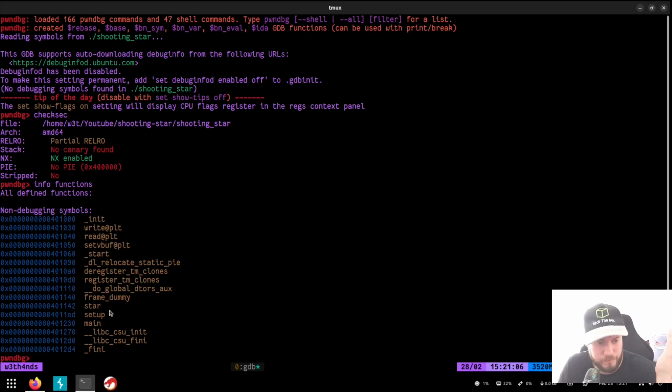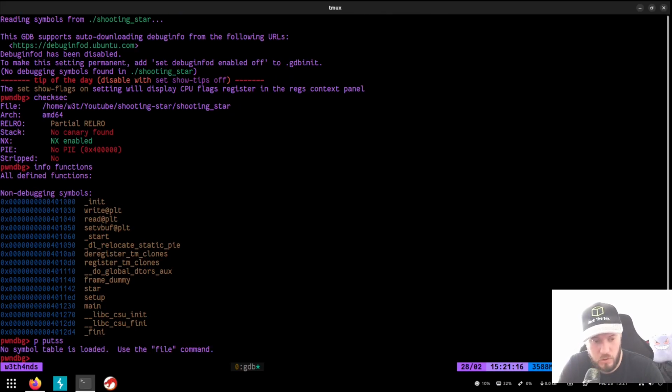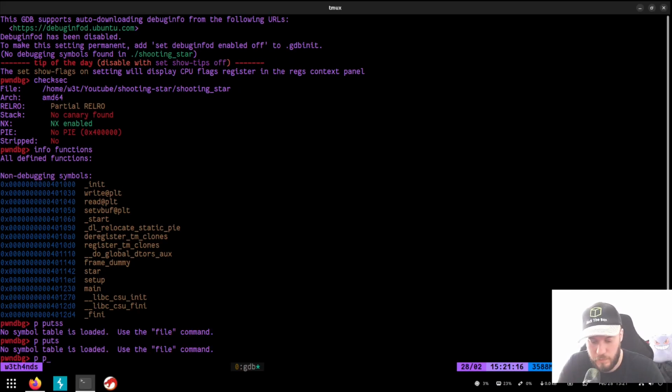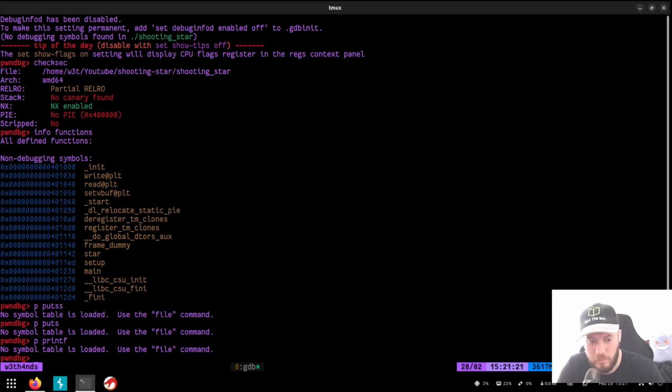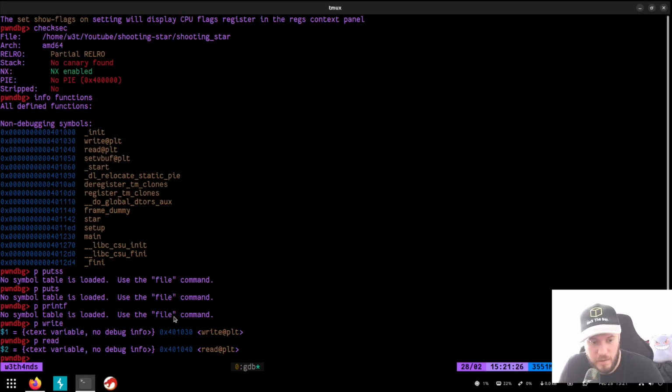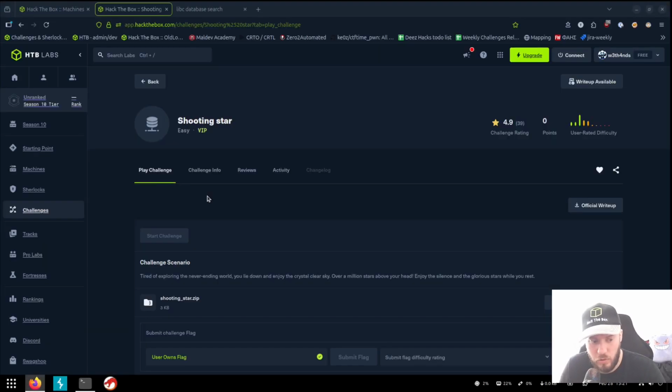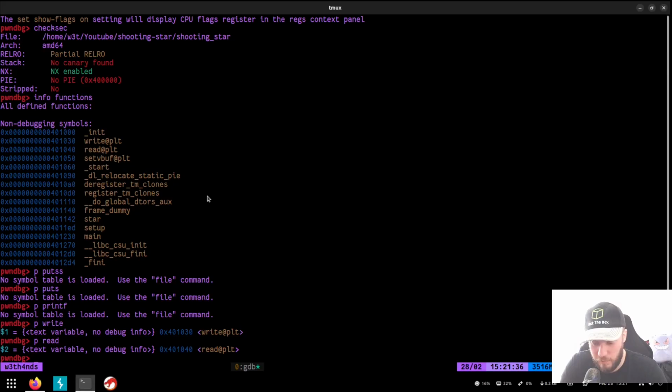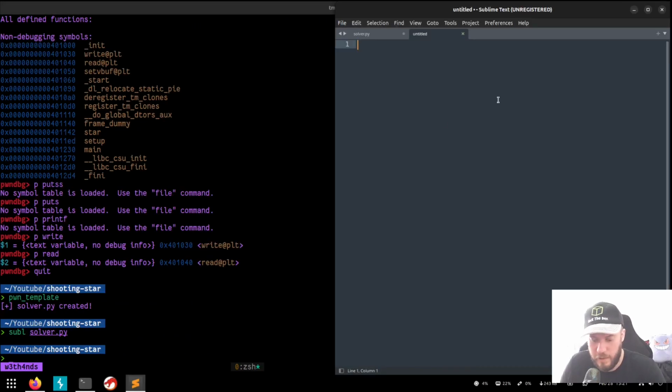Okay, so as we can see here, we do not have a print function or a puts or whatever. If we do puts, printf, we see there are no symbols for these functions, but if we do p write, p read, we see that these functions exist inside the program, and that's what we're gonna abuse, because in a simple RET2LIBC scenario, the goal would be something like,